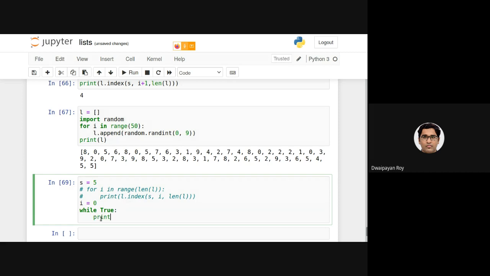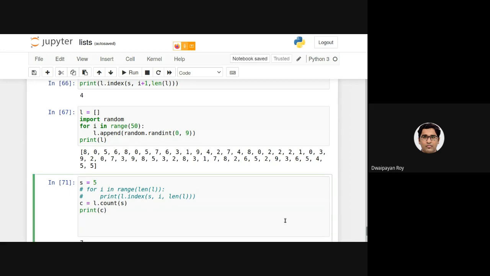First of all, let's initialize c with the number of 5s in the list. As you can see, there are in total 7 5s in this list.